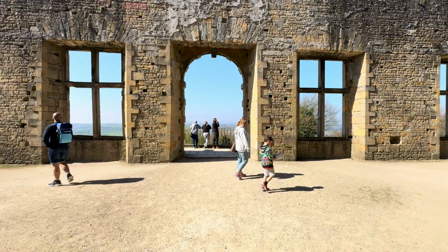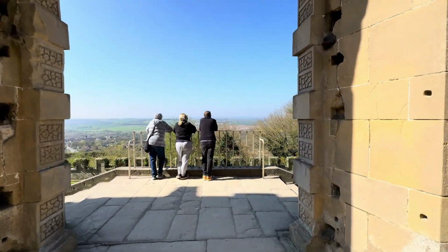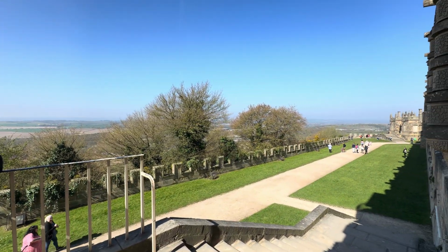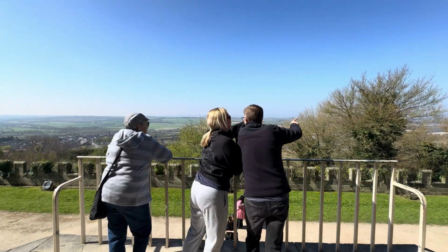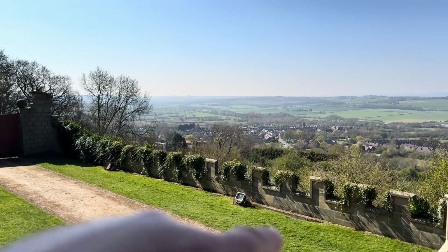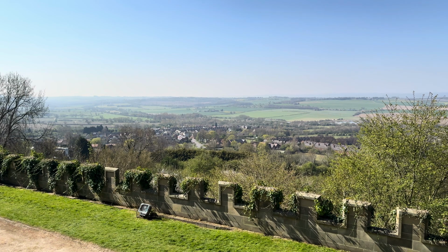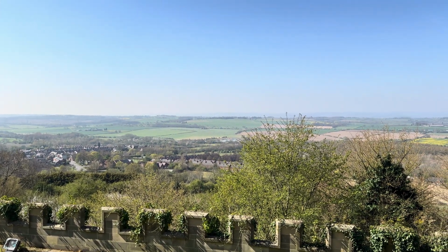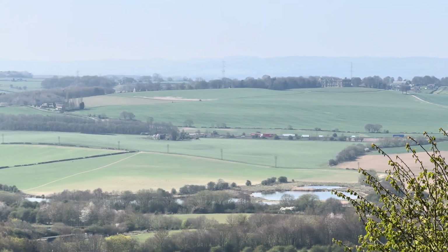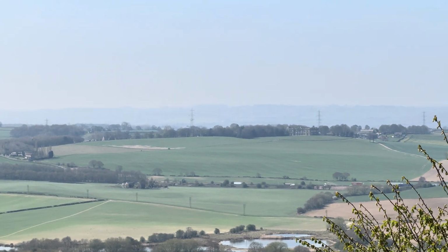And now from here you get some fantastic views right over the Derbyshire countryside. Did you get the answer? What is it? So there's the town of Bolsover below the castle. And if I zoom in a little bit more, there's the M1 motorway going north to south. So we're looking west at the moment. There's another one down to